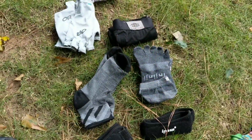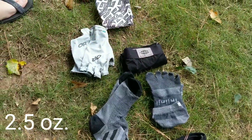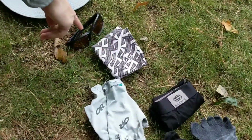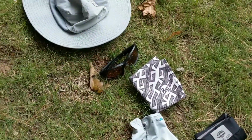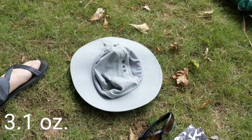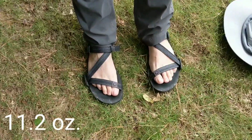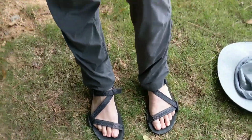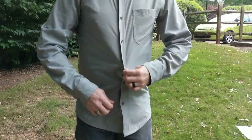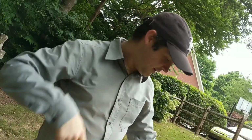This again is worn stuff, so more Darn Toughs, Injinjis, Ex Officio, 6-inch boxer briefs, Outdoor Research sun gloves, a buff, some sunglasses, and an REI, I think that's the paddler hat. I also have Zero shoes for camp shoes, and then decked out in Marmot right now, this is the pants and nice Marmot shirt, very breathable. Not going to be wearing this hat, I'll be wearing that one,